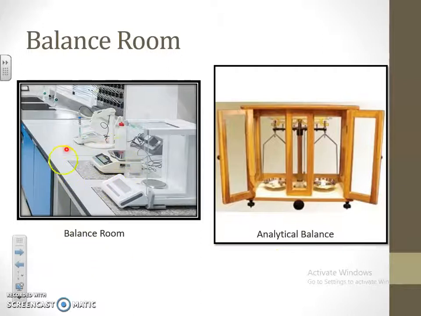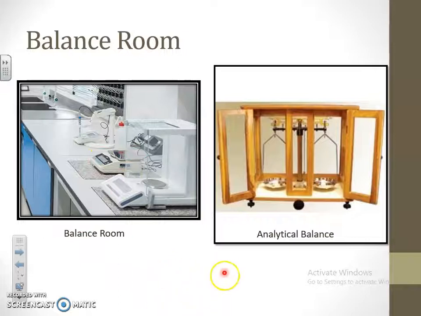In case of the digital or electronic analytical balance, there are no 2 pans, only a single pan, on which we have to tare, place a butter paper, tare again and add the substance. They are more delicate, and they are also more accurate. So this is the analytical balance.